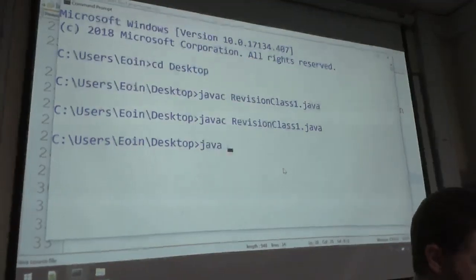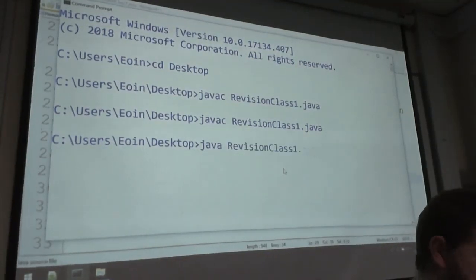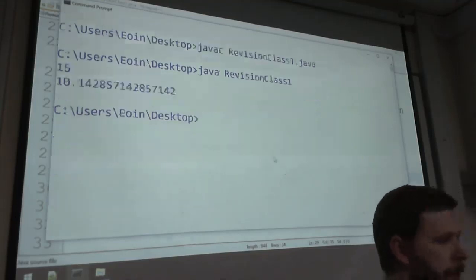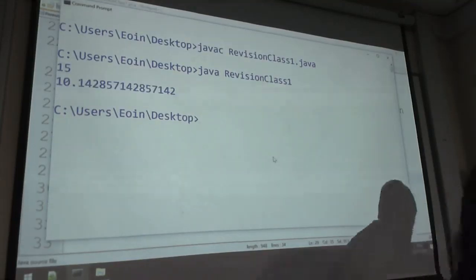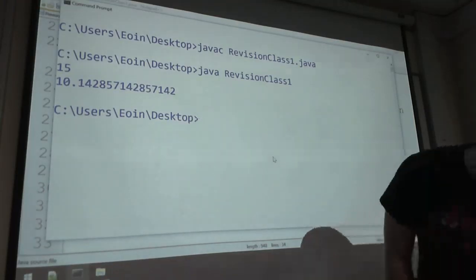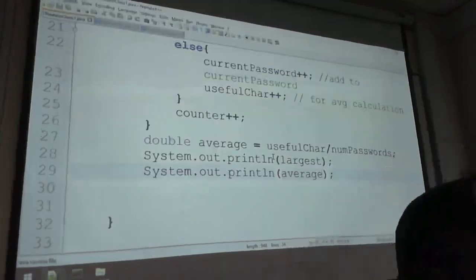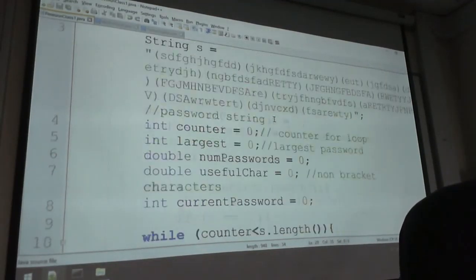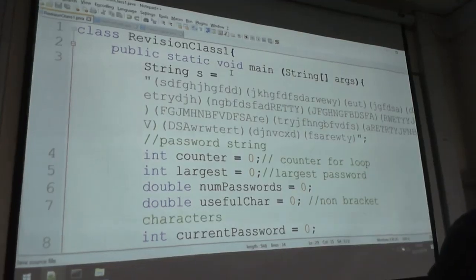I'm going to try java RevisionClass. So that's going to tell me that 15 is the largest size password I've come across, and 10.1 and so on is going to be the average length of the passwords. If I take all the passwords together and work out their average, that's what that is. And that kind of makes sense, because if you go back up to the top and look at my string,